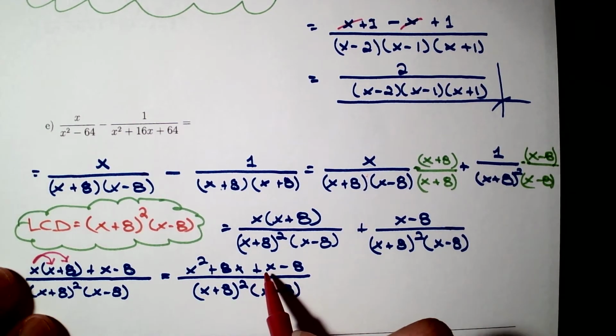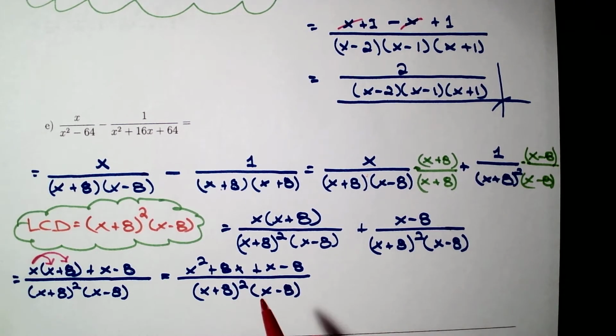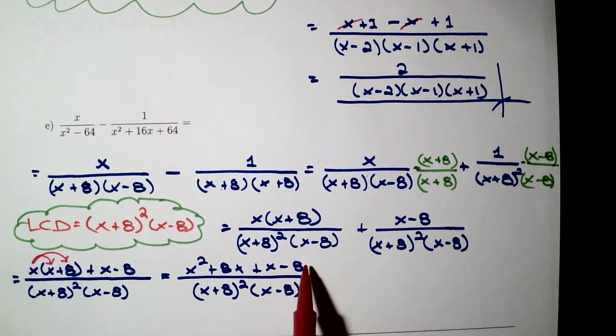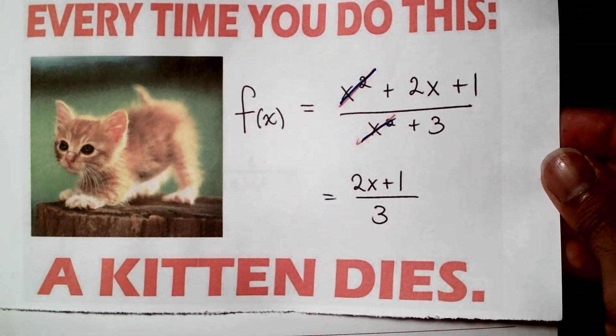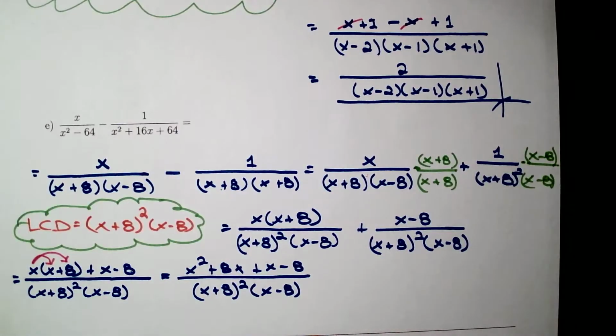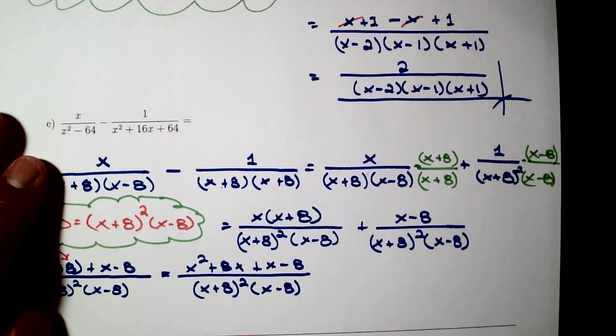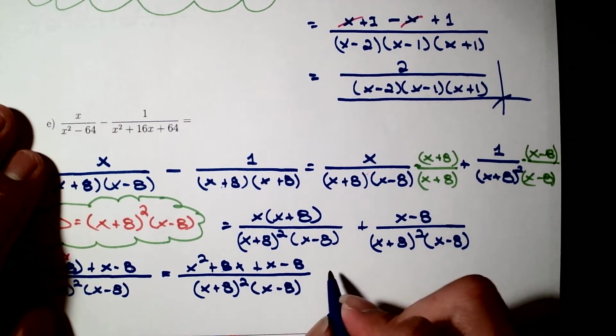You don't want to cancel this x minus 8 with that x minus 8, because this x minus 8 is among the terms, but this x minus 8 is a factor. Those are not the same. What happens if we divide out terms? Well, kitty dies. So in this case, what are we going to do? Combine like terms. That is x squared